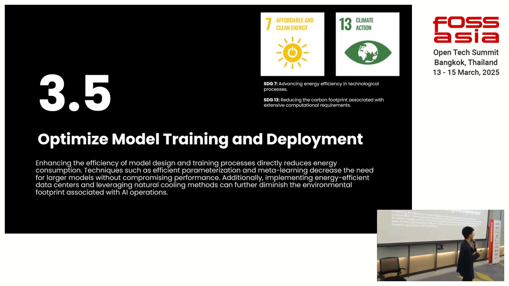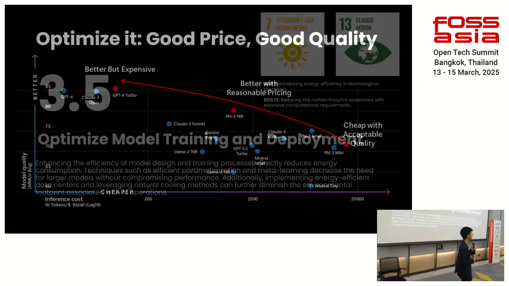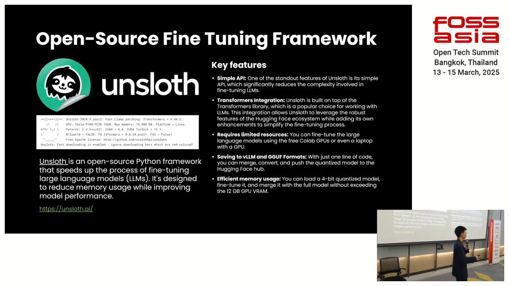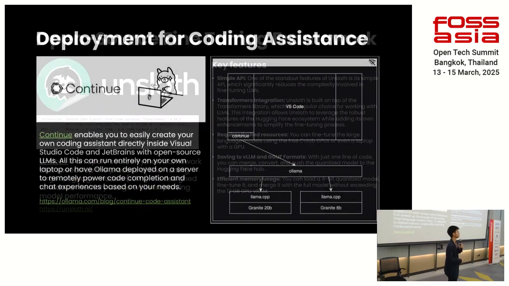The next one would be optimized model training and deployment. If you optimize, it will be good for reasoning price, and also it will be cheap with acceptable quality. If you're looking for an open source fine-tuning framework, I would like to recommend Unsloth. Unsloth is an open Python framework that you can install within Google Colab, and you can train the model or fine-tune it from a dataset from Hugging Face,